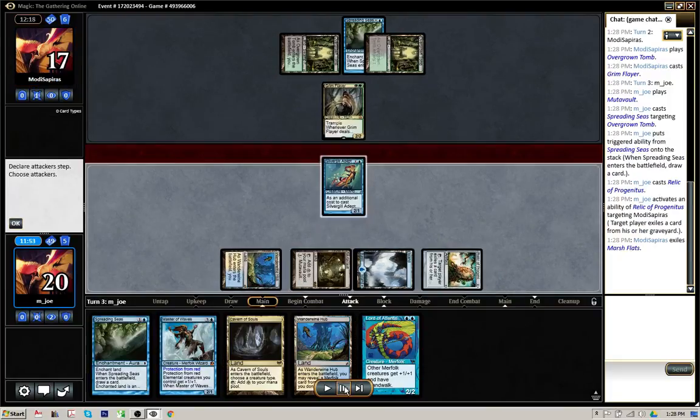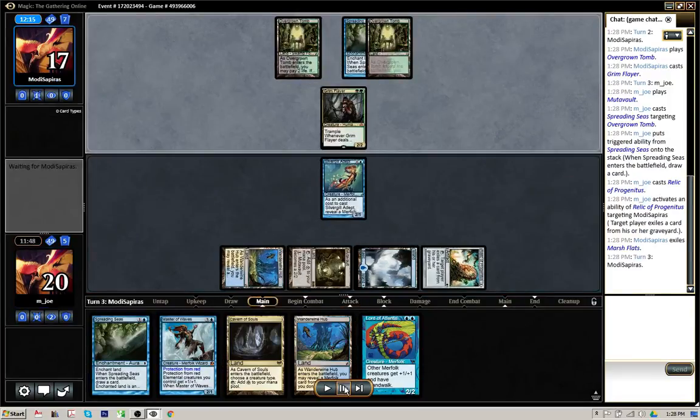Now, I thought about attacking this turn. Ultimately decided against it. We've got a Master of Waves. I want to develop some Devotion. I don't know if he would have blocked. I kind of doubt it. And I was at the time considering trading with his Grim Flayer. We do have some Devotion with Spreading Seas. We've got an Island Walk Lord, but